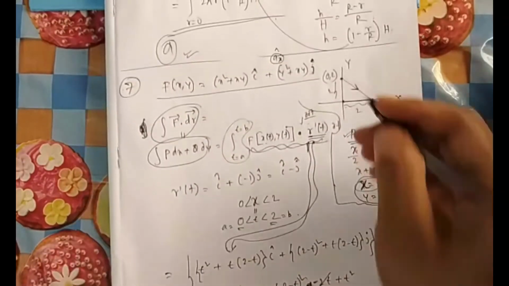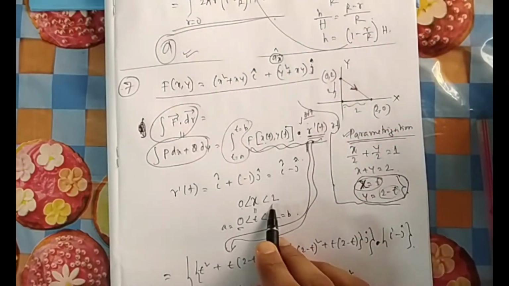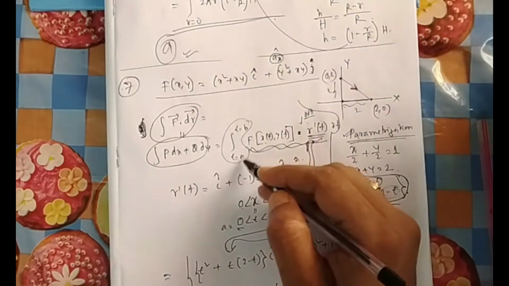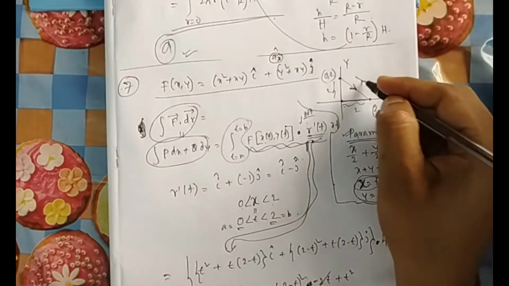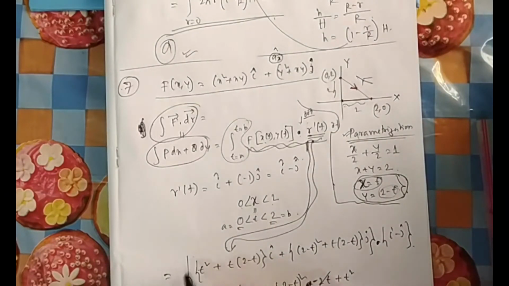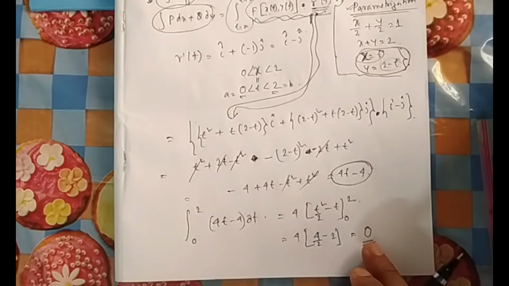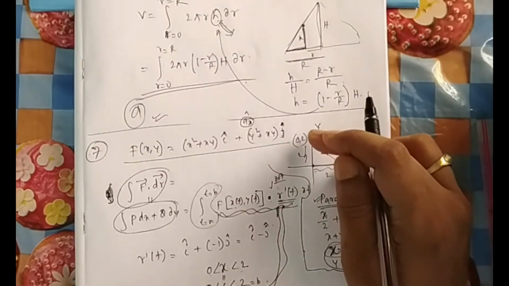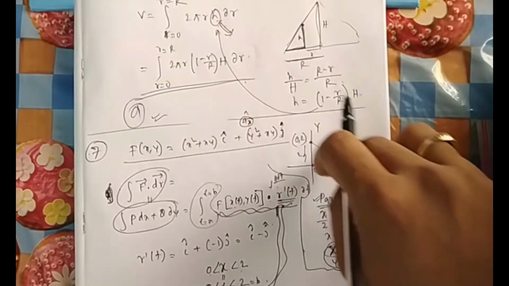So you remember this direction, why I was telling about this direction, because x is 0 to 2. So you have to put the limit 0 to 2, t equal to 0, not 2 to 0. From here to here you have to check. If the direction would have been like this, then my limit would have been 2 to 0, not 0 to 2. So you will get an extra minus here. There will be a mismatch in the answer. You will get a wrong answer with a minus sign. So that's why you have to be very careful from which point to which point they want to move. So your initial point is this is your A, this is your B. If they move from the other direction, this will be A, this will be B.